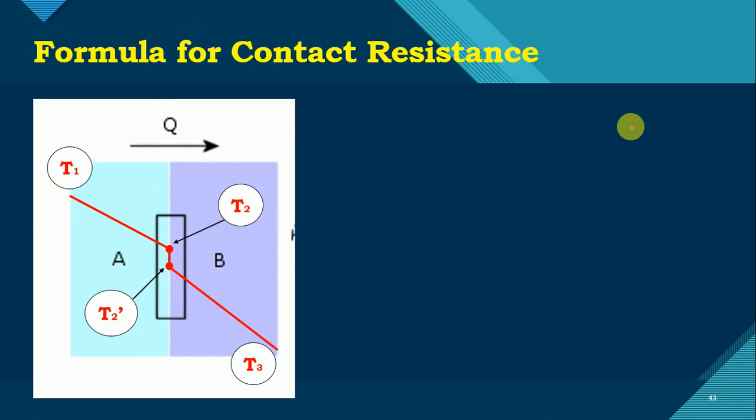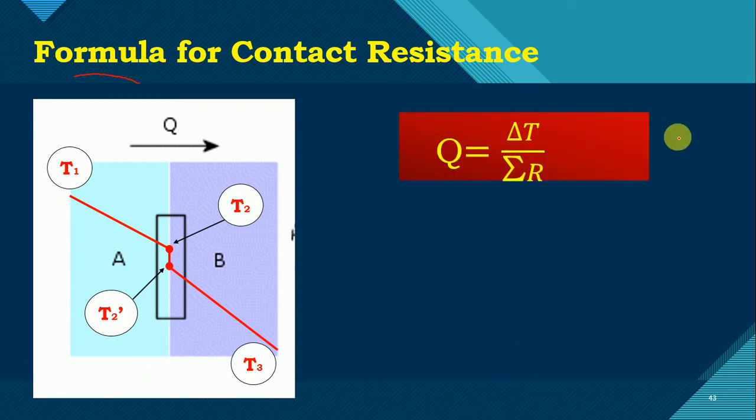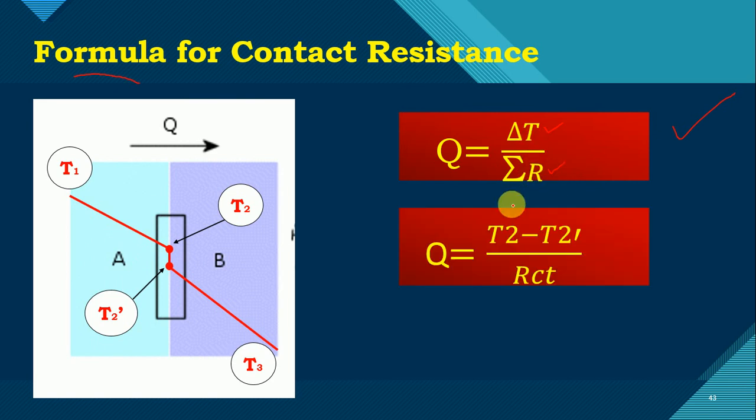Okay, now what is the formula for determination of thermal contact resistance? In this case, we know this standard formula, that Q is equal to delta T upon the summation of all resistances. That's the standard formula you must know. So if you do not know it, please refer to our previous lectures. Here we write the temperature difference, and the resistances that come in between that temperature difference we put in the denominator. That's the standard formula. Now I am applying this formula to this particular zone, which means the thermal contact zone.